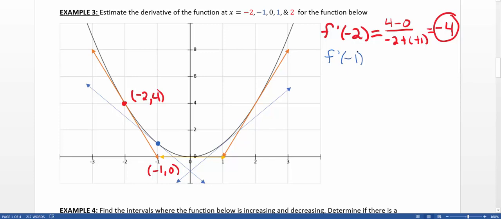And again, I'm going to try to find 2 points that are on my line and use that to approximate the slope of the tangent line. So again, I'm going to try to pick these a little bit strategically. So this point right here where I actually touch the function looks like it's happening at -1, 1. So I go over -1, and then I'm about halfway between 0 and 2 on the y-axis. And then I have to pick another point that I think is on this line. So I'm looking over here,